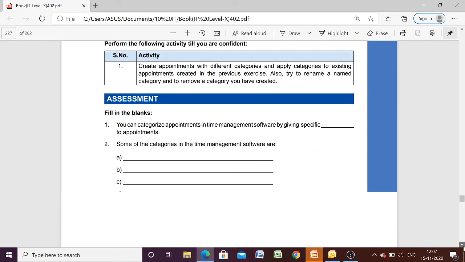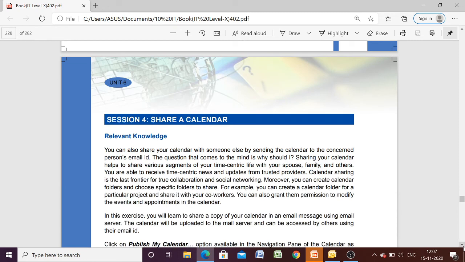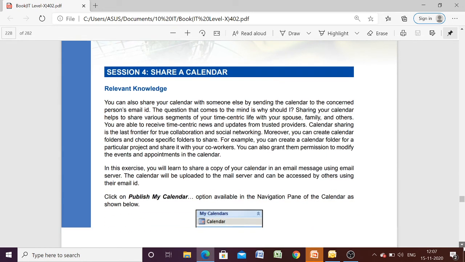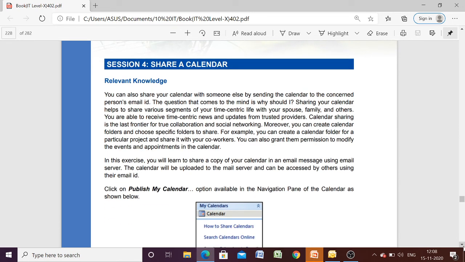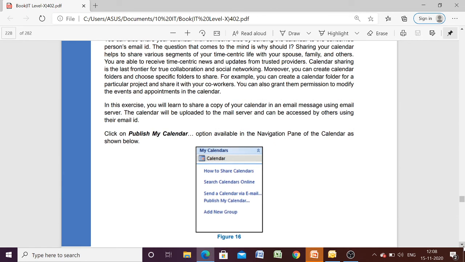Now the next session is about how to share a calendar. We can share our calendar with others if we have an email account related to our Outlook. So for that you have to publish your calendar. You will see one option, Publish My Calendar.